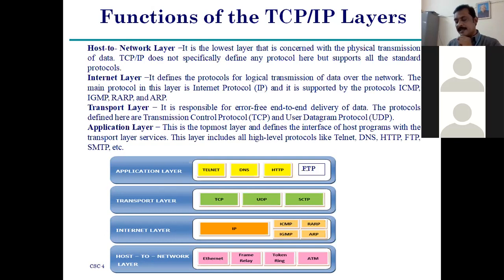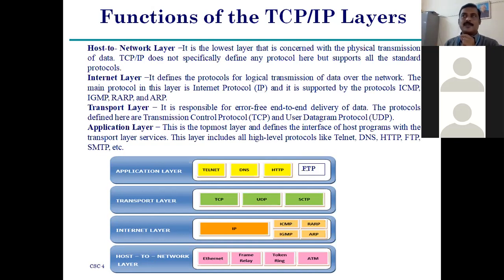So what is the length of the IP address? No doubt. What is the length for an IP address? 32-bit address. Right? And at the same time, what is the length of a physical address? 48-bit. Okay, remember this very carefully, all of you. So we know the length of the physical address and the length of the logical address.